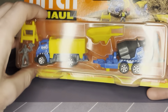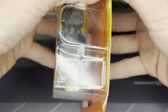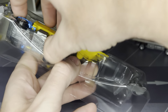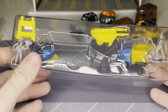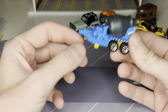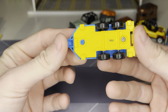Let's see, we get the INC, another unlicensed, but one of those castings like national parks for you. Just gotta get them all. I'm also not feeling the best today, so sorry about that, guys. Sleep deprived. I ain't got no sleep, but I'm working and working and working. I can't say this is my favorite unlicensed casting, but yeah, it's an INC livery, so. We got this. This one comes in gray and yellow, I think. I couldn't care less about really getting the other variation. Maybe if it comes across my way for cheap, maybe, but